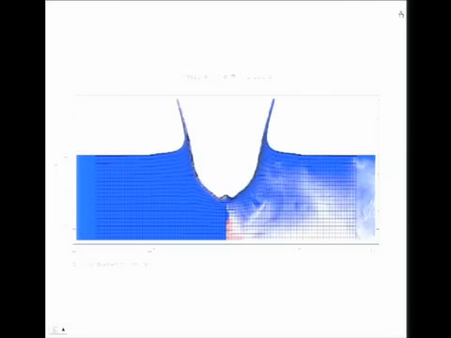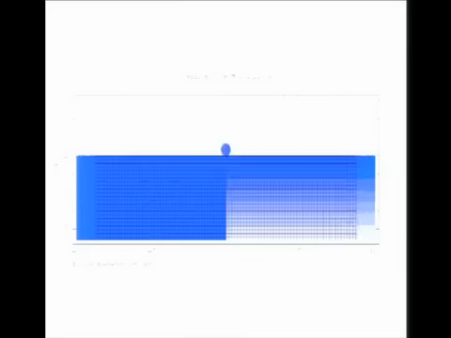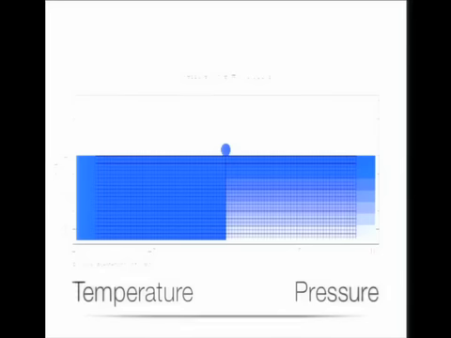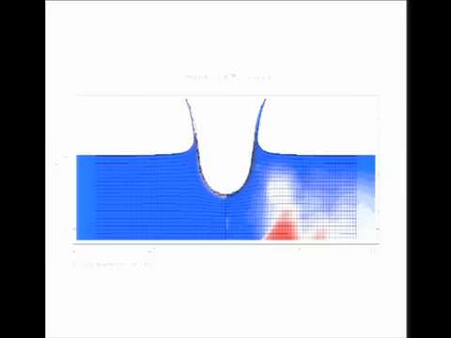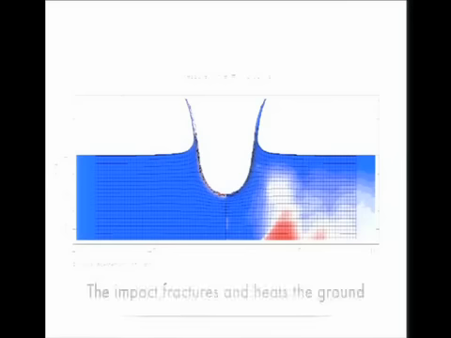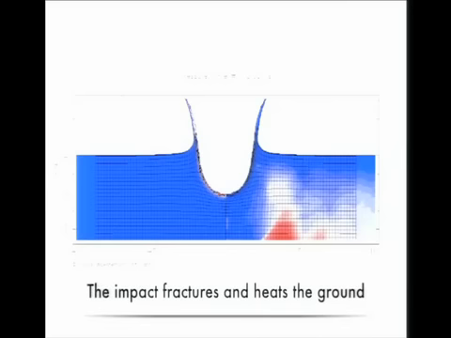Okay, so this is the asteroid here. The cavity opens up and then starts to fill in slightly. You're going to see this again more slowly. So if we watch the simulation through again, you'll see on this side will be temperature, this side will be pressure. So as the asteroid hits, it fractures the target, and you can hopefully see some red up the center